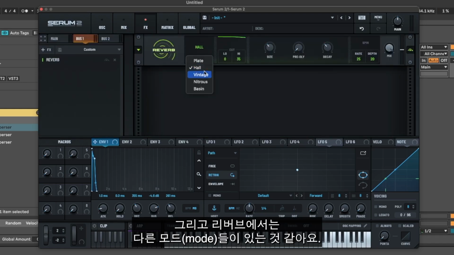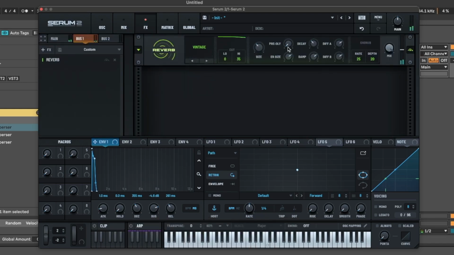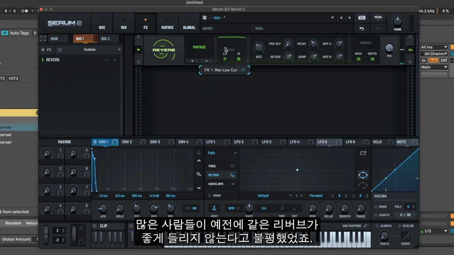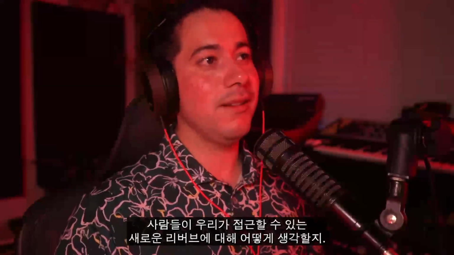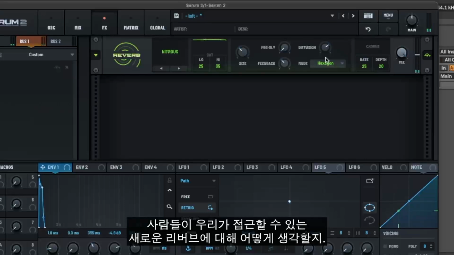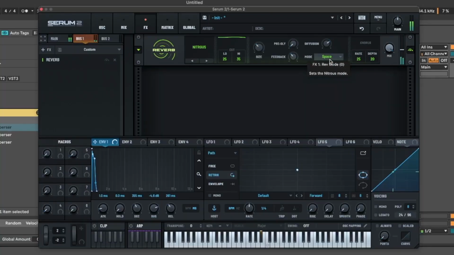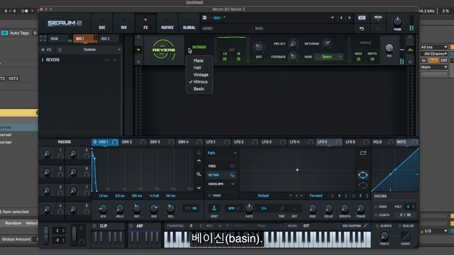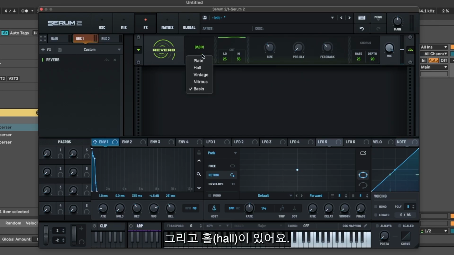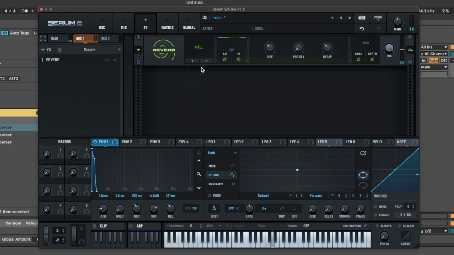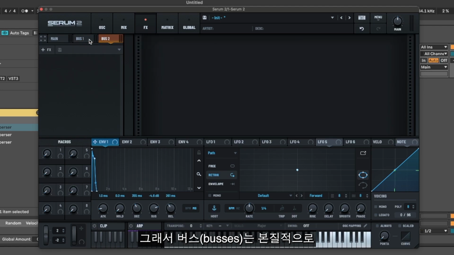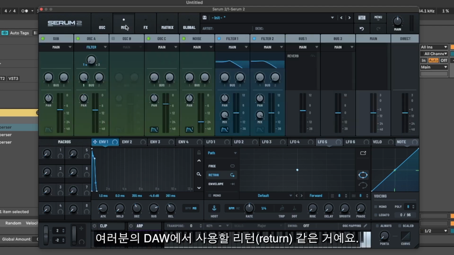And with the reverb, it looks like we have different modes, vintage. A lot of people used to complain about the Serum reverb not sounding good, so I'm pretty curious what people are going to start to think about the new ones that we have access to, and we have access to a lot of different ones. Basin. And then we have the call. Okay, cool. So the buses are going to be essentially like returns that you would use in your